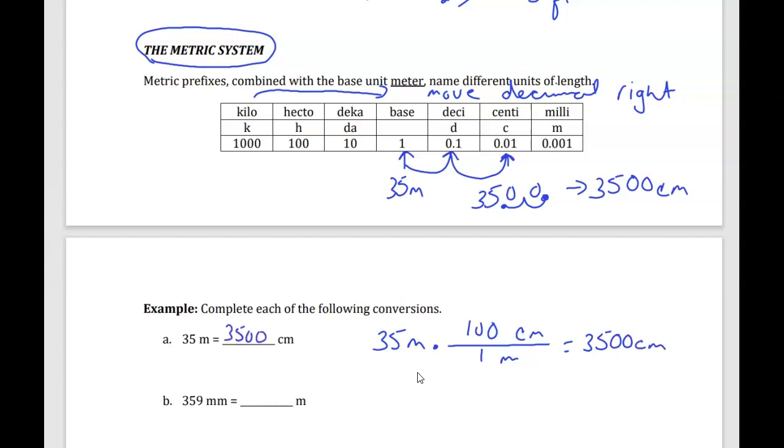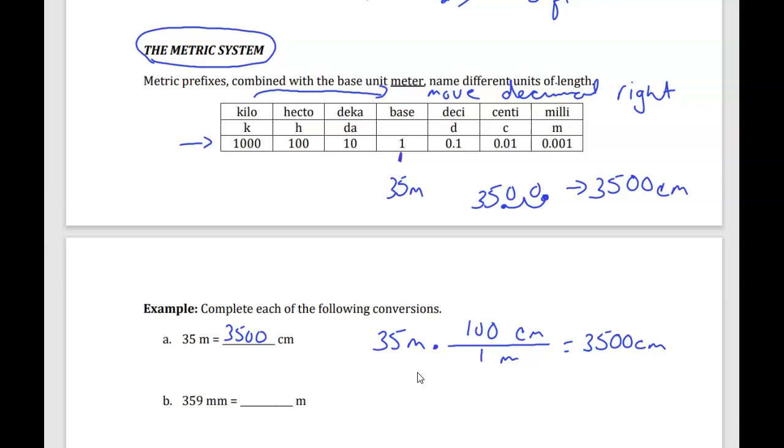You can do it either way. This right here tends to be a little bit confusing, mainly because of the way that it's written. I actually prefer that we do it a little bit different way,